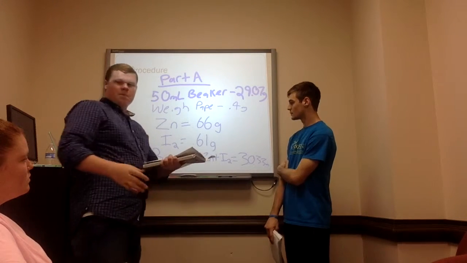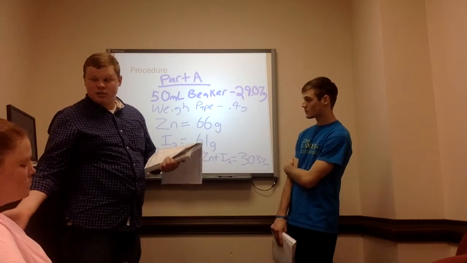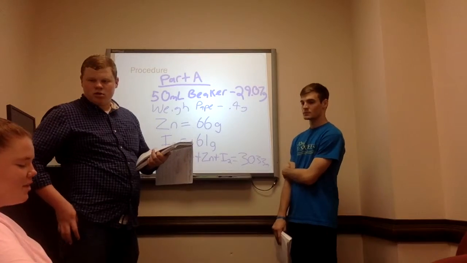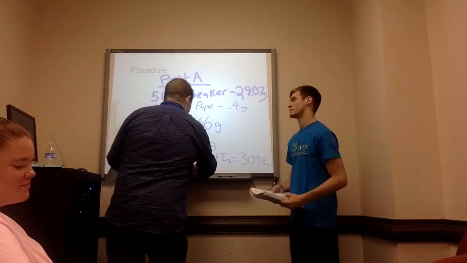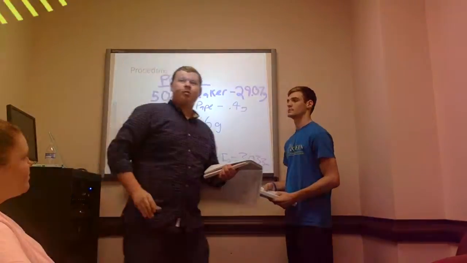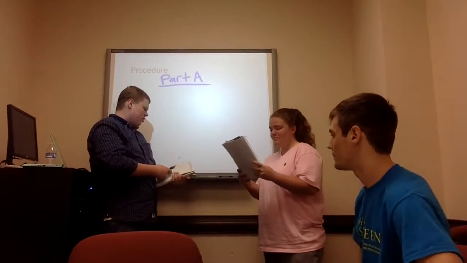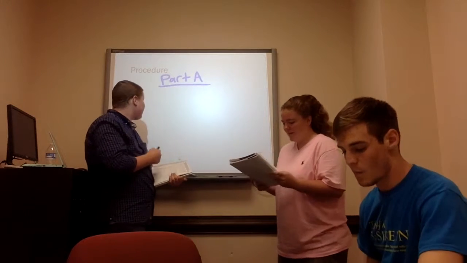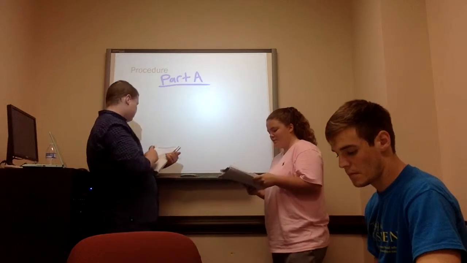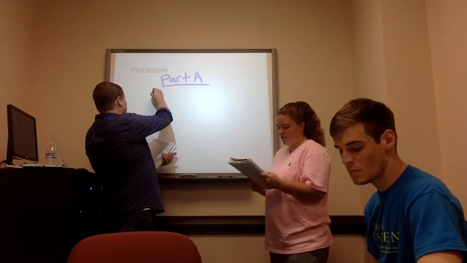So, did you copy all this down, Ms. Jackson, or did you have it already? Already had it. Okay. Class, does everybody have that copied down? So, Ms. Jackson, you're up here to help us a little bit more. What step are you starting on? Step 4. And what did you have there? You're going to add approximately 5 milliliters to the beaker of 0.2